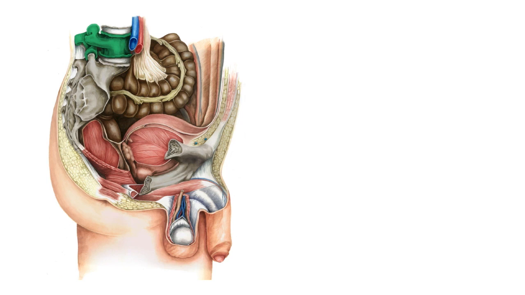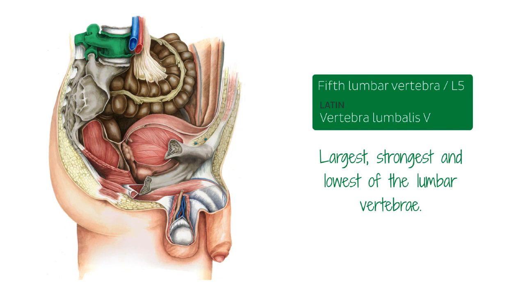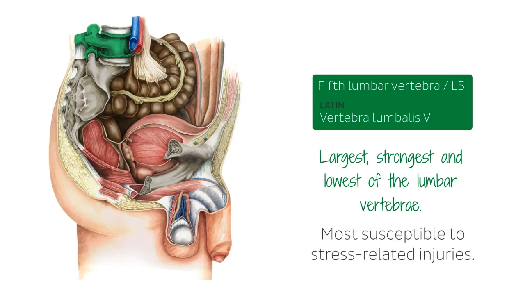This structure that we're highlighting is known as the fifth lumbar vertebra, also known as L5. This one is the largest, strongest, and lowest of the lumbar vertebrae. And as the last of the lumbar vertebrae, L5 bears more body weight than any of the other 23 vertebrae that sit on top of it in the vertebral column. For that reason, L5 is the largest and strongest lumbar vertebra, but is also the one that is most susceptible